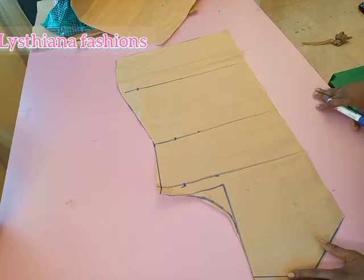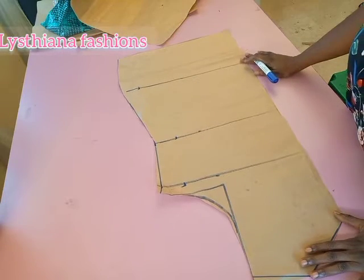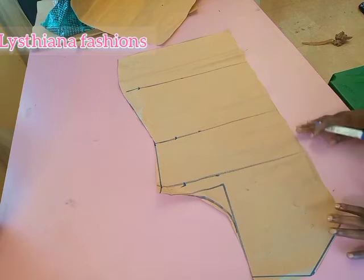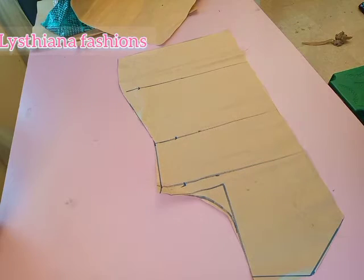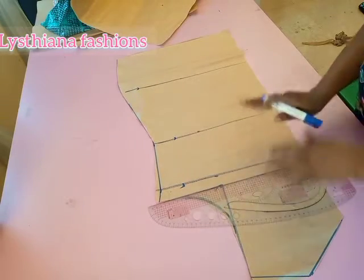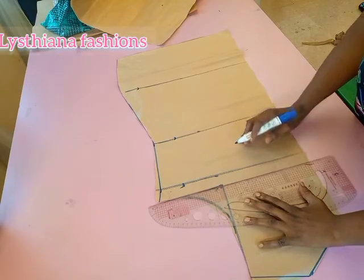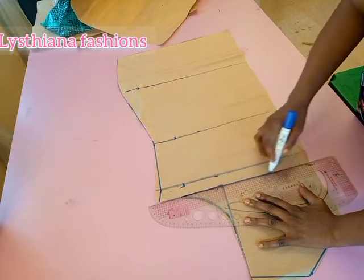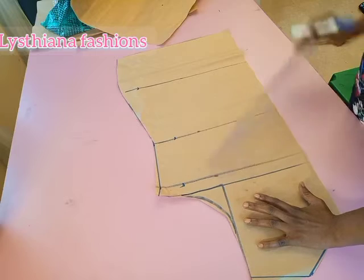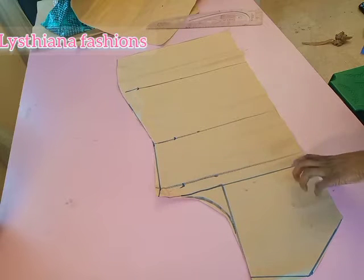Okay, all right, so without much ado, I am going to be drafting the pattern. Now you're going to come to the armhole area. This is the armhole area. I have the armhole area at 9 inches. You're going to use a cut and spread method, okay? Some say spread and cut, whichever one. Cut and spread, spread and cut. So once we get to this place,